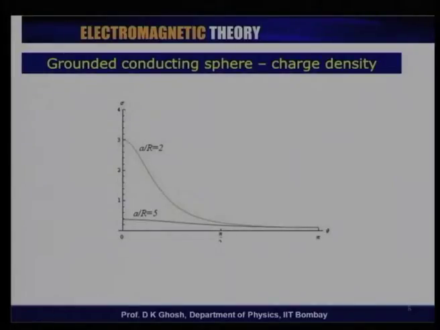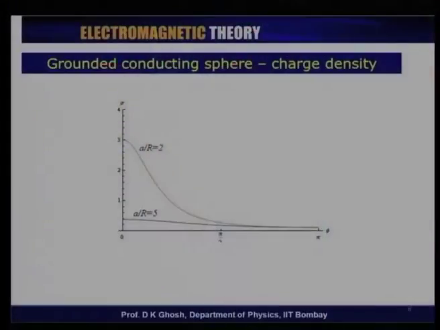Look at the charge density expression. How does it go? As we are closer, remember a is the distance from the sphere, and so I have given you two graphs here. A by r equal to 2 means the object charge is closer to the conducting surface as compared to the situation where a by r is equal to 5. So, that is 5 times the distance, and you can see that